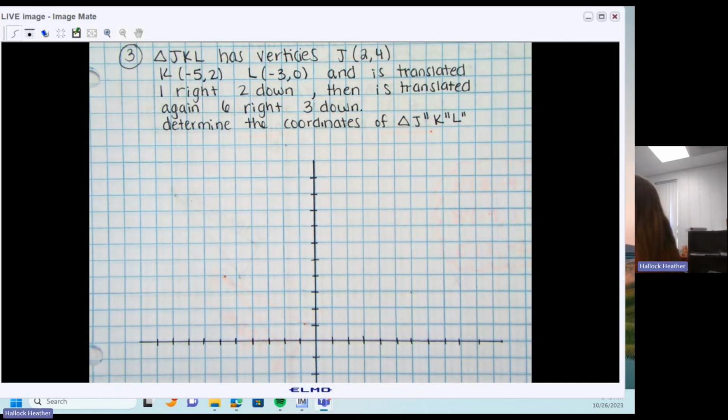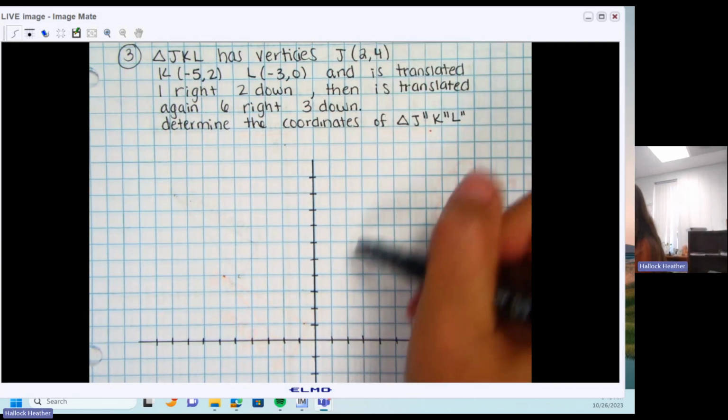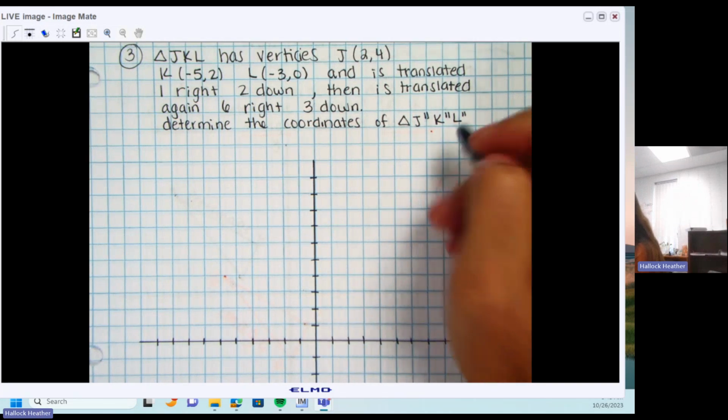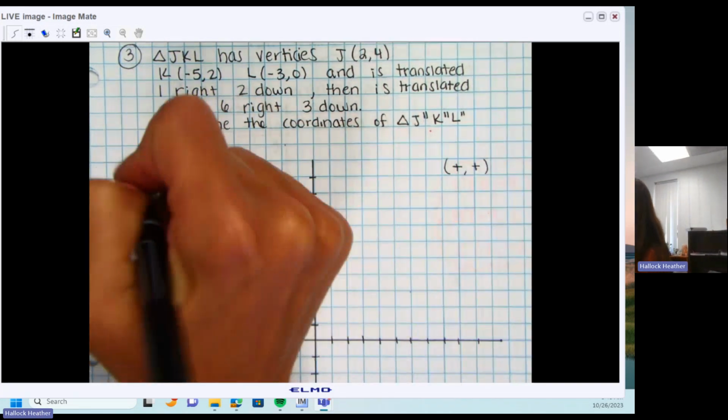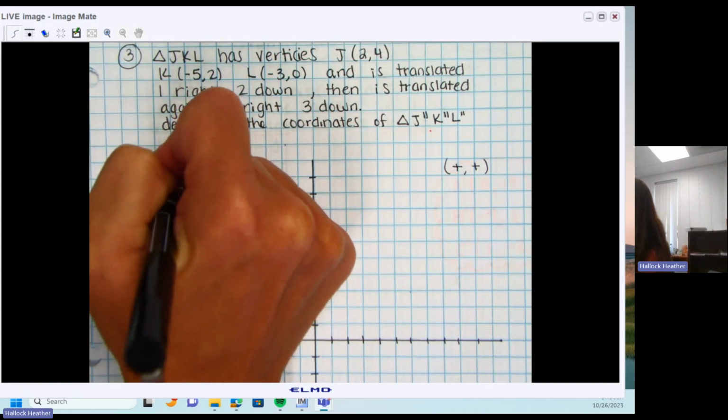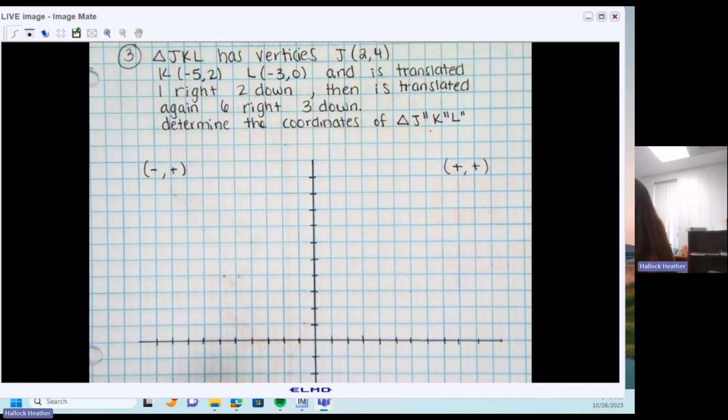So J's original coordinate point is (2, 4), so you should be in quadrant 1. Remember, if you need to, you can always write these out. This is your positive, positive. This is your negative, positive. This is your double negatives, negative, negative. And this is your positive, negative. If you don't know how your coordinate points go,